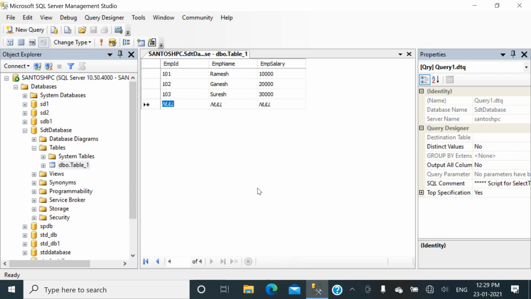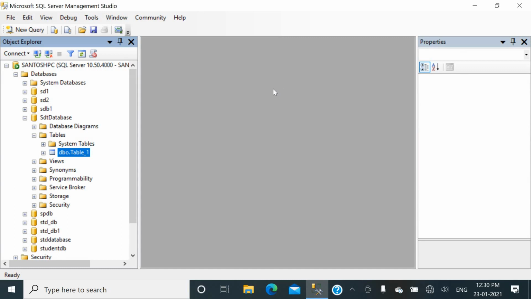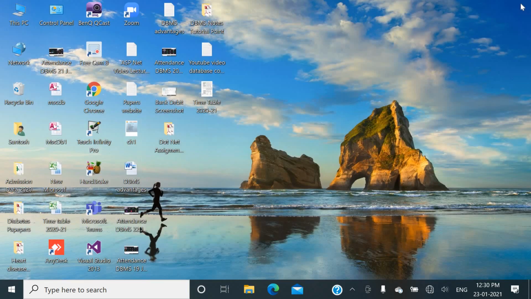Okay, so here friends, we have created the data table in the database. The name of this database is capital S DT and capital D database. In that SDT database we have created table_1, with capital T, which is the table name we have given. So now close this, so that the table as well as the database is created in Microsoft SQL Server 2008 version. Now close Microsoft SQL Management Studio and open Microsoft Visual Studio 2013, which is installed on my PC.